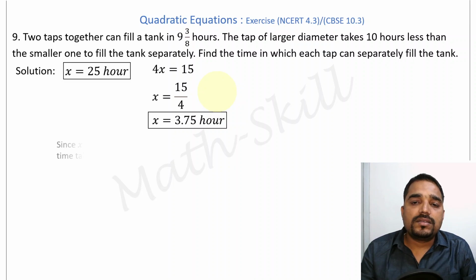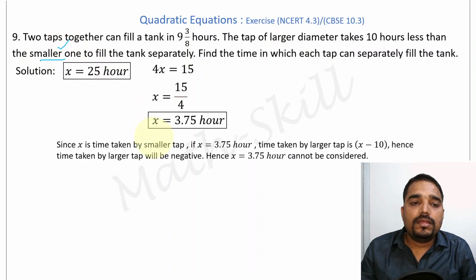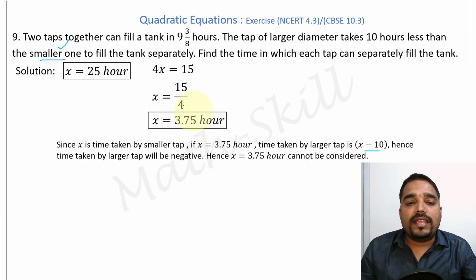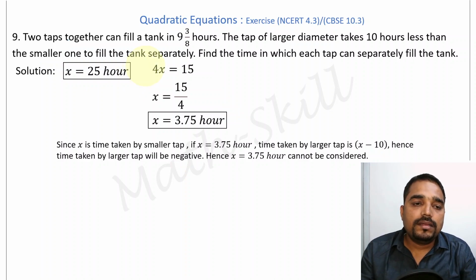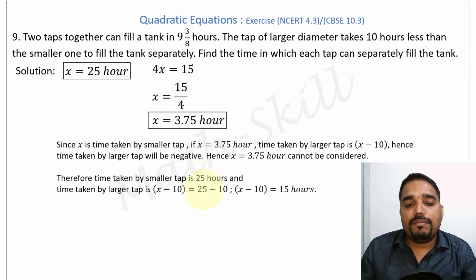Since x is the time taken by the smaller tap to fill the tank, the time taken by the larger tap would be x minus 10. So, considering x to be 3.75, the time taken by the larger tap would be negative, which means that x equal to 3.75 cannot be considered. Therefore, the time taken by the smaller tap would be 25 hours. Considering this, the time taken by the larger tap would be x minus 10, that is 25 minus 10, which means